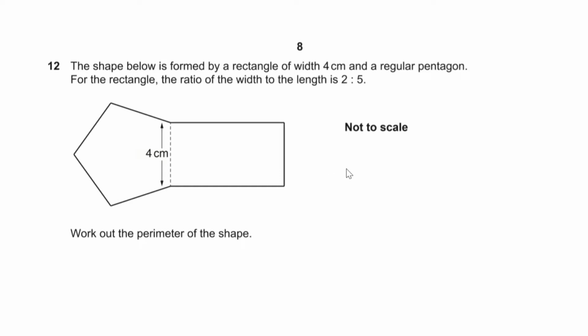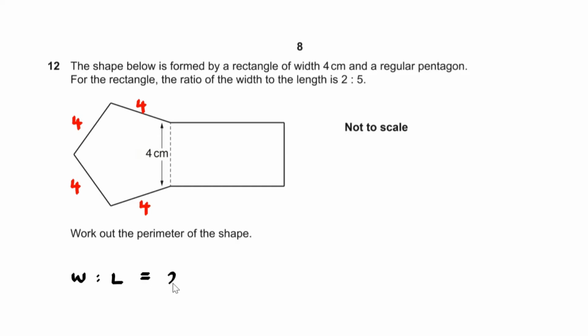Question number 12. The shape below is formed by a rectangle of width 4 centimeters and a regular pentagon. For the rectangle, the ratio of the width to the length is 2:5. We have to work out the perimeter of the shape. Well, each side of the pentagon will be 4 centimeters. What we need to do is find the length. What we know so far is the ratio of the width to the length